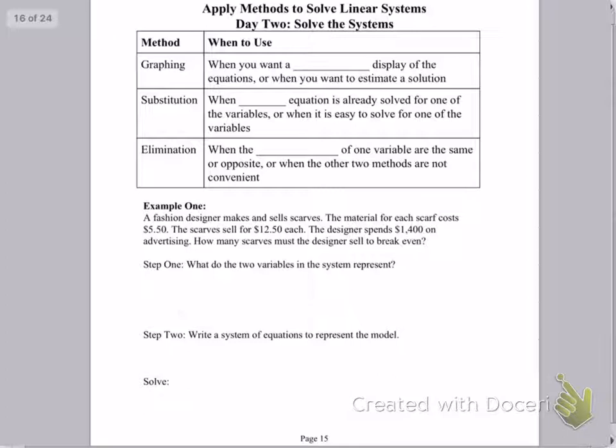So for the graphing method, if you want a visual display of the equations, or you kind of want to see what's happening, or you want to estimate it, you definitely want to do graphing. When it comes to substitution, that's when one equation is already solved for one of the variables. So that's when you have an x equals something, or y equals something. And then lastly, you have elimination, where the coefficients